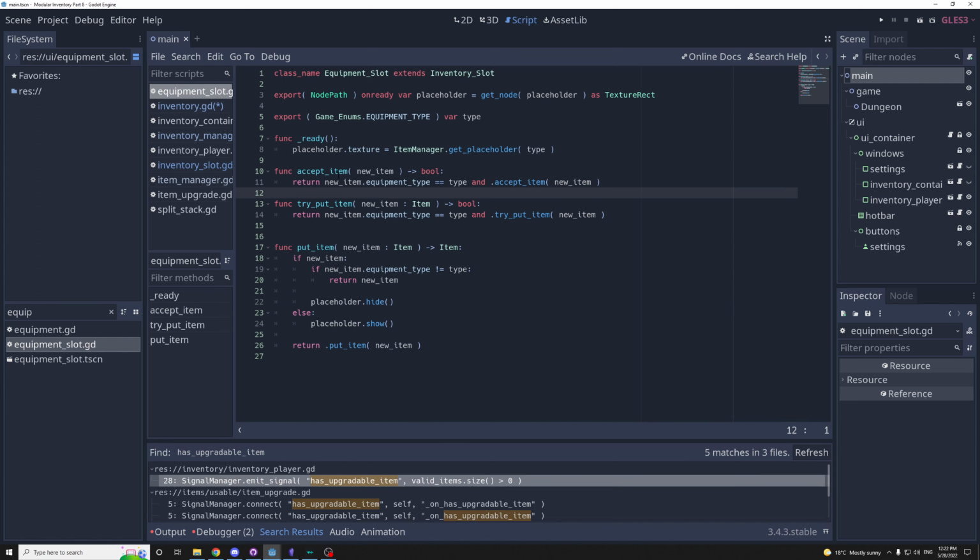Function accept item will get the new item that we want to put in. And here we need to check, is the new item type the same as the type of this equipment slot? And the base slot needs to be able to accept this item too. So we'll call the parent. Here we can also call accept item. So try put item in the equipment slot, we'll check if it accepts the item, and then we try to put